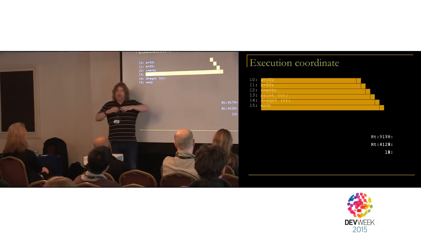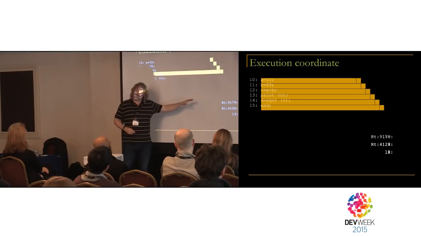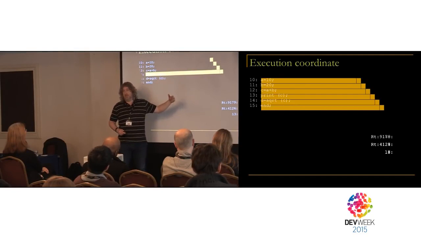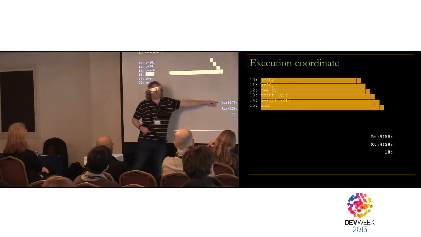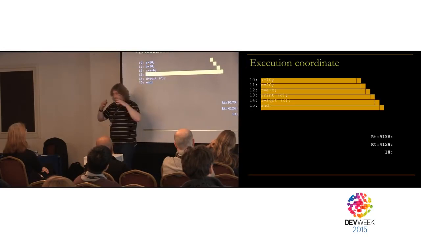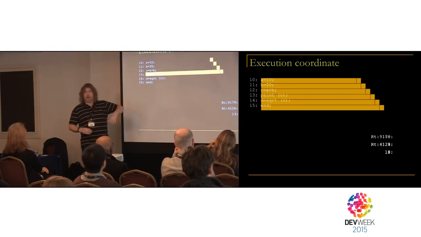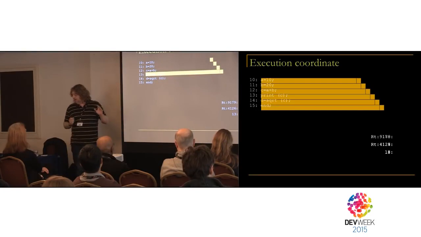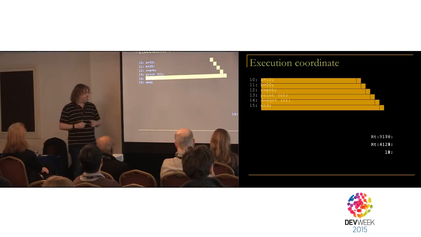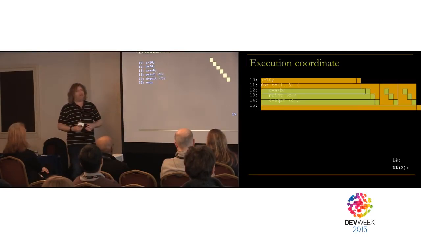It's not just one number, it's this tuple of numbers, which says not just where you are, but it tells you the history up to that point. It tells you how you got there. We don't care about the history along here, because the only way to get to line 13 is through the intermediate lines. But we do care how we got to this point, because we can get to that point through lots of different paths. So the execution coordinate involves that whole tuple. Does that make sense? As I say, this is not anything new. This is not anything that you haven't already seen before. This is what all of your debuggers give you.